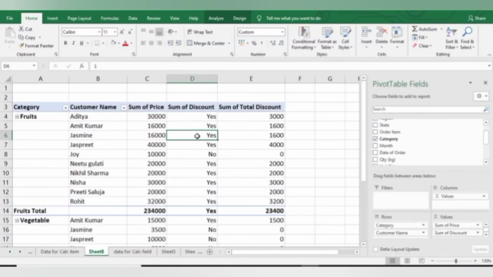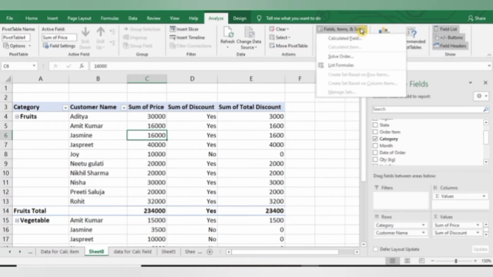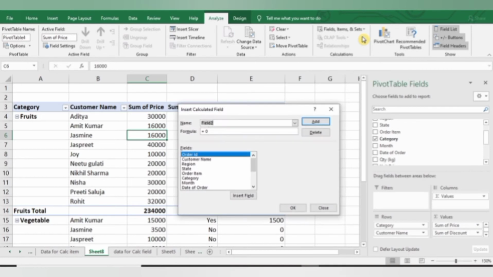If you want to modify your formula, like I want to change my condition of the IF formula, so again go to the Analyze tab, and then from here go to Fields, Items and Sets, Calculated Field, and here in the drop down list select your calculated field which is discount.